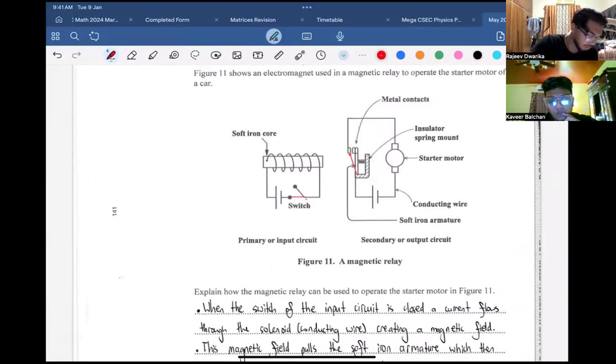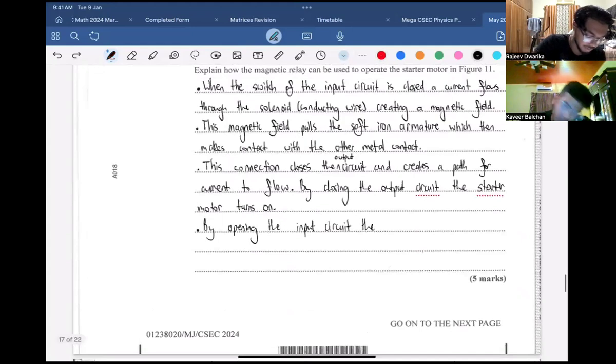So if I put it back in that position, will the starter motor begin to run, or will it continue to run, or will it cease to run? It will cease to run. Right. And why is that? You have to explain why that happens. Because it has no current flowing through. Right. And if you have no current, no magnetic field. So by opening the input circuit,